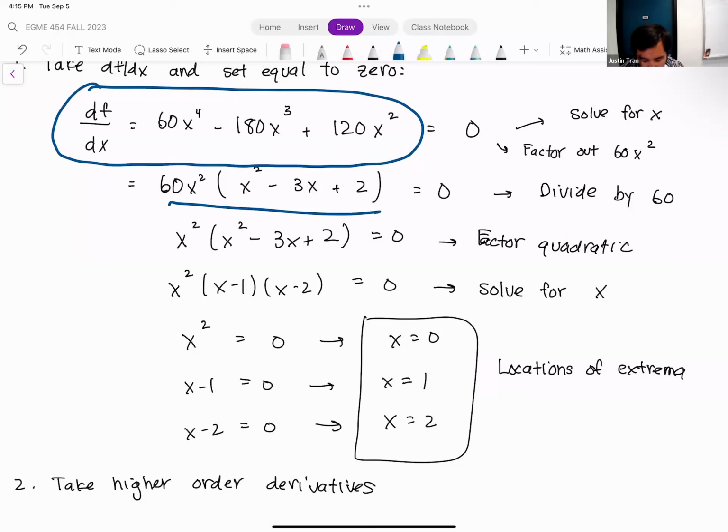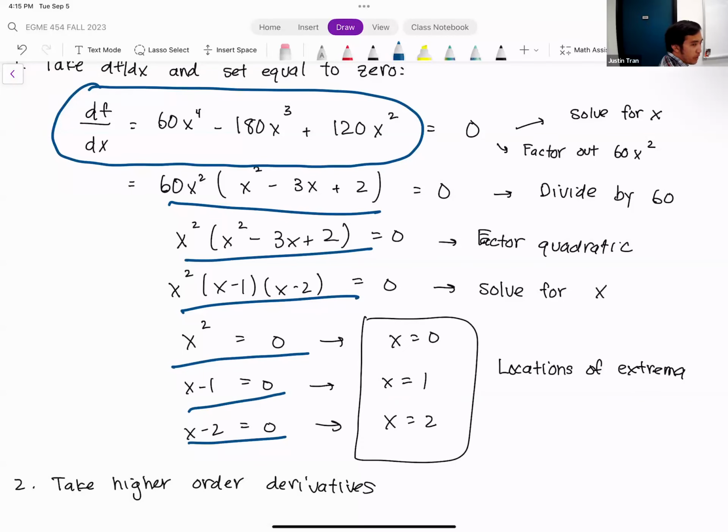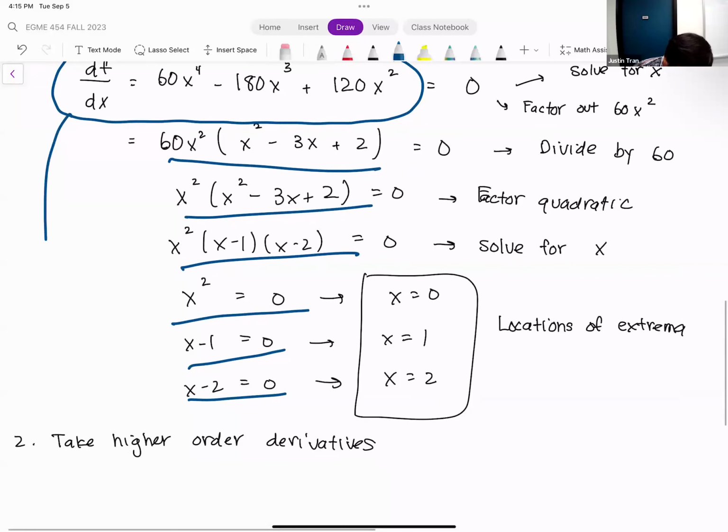Because all these subsequent equations that I've underlined here, we've made some simplifications due to the fact that this is equal to 0, right? But when we're taking the second order derivative, we haven't set it equal to 0 yet. And so we want to make sure that we start with the most base form before we apply any simplification. And so we're going to start here.